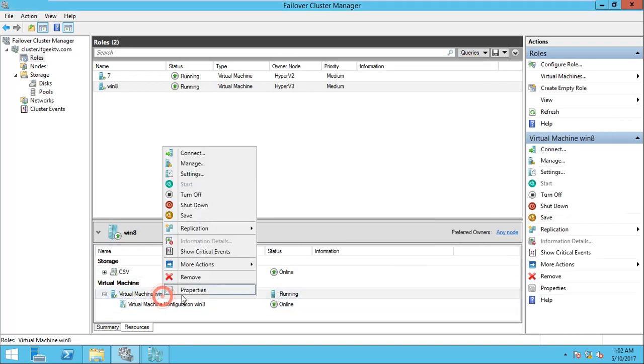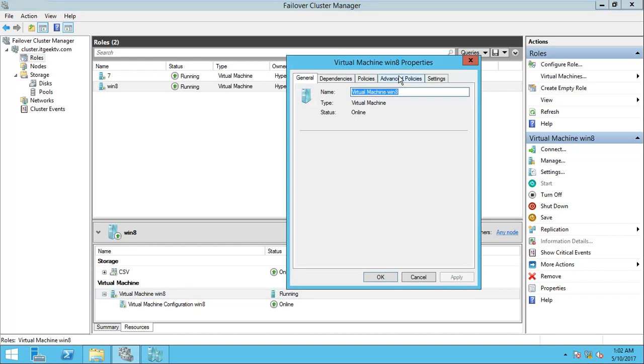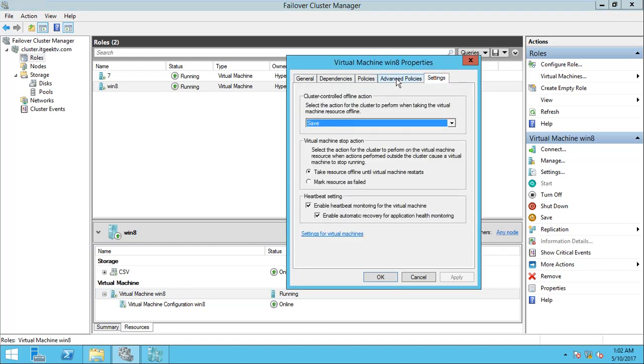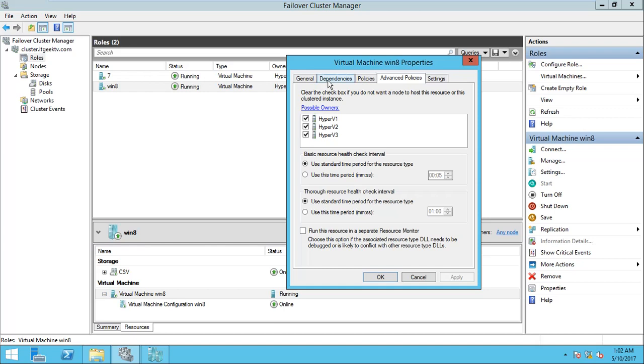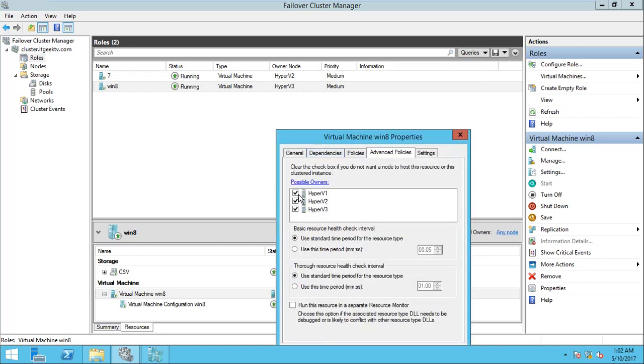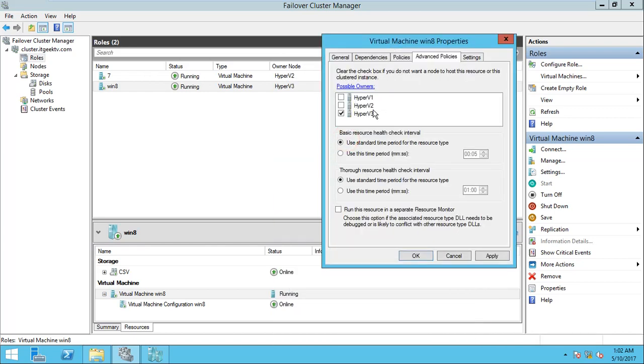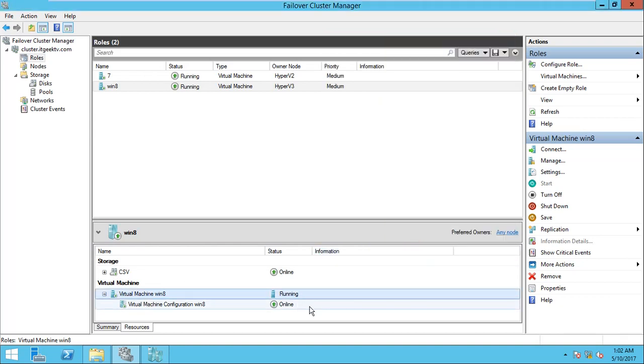But for the virtual machine, I'm going to select only Hyper-V 3. I cannot untick Hyper-V 3 because currently it is placed on Hyper-V 3. Okay, let's see what will happen.